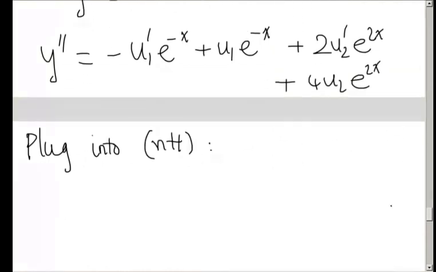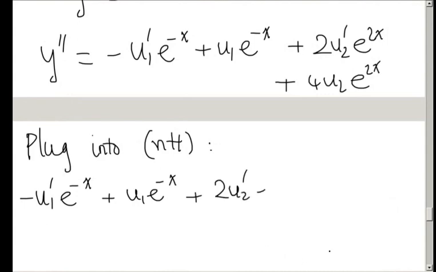We have our second derivative as above, so rewrite it: minus u1 prime e to the minus x plus u1 e to the minus x plus 2 u2 prime e to the 2x plus 4 u2 e to the 2x